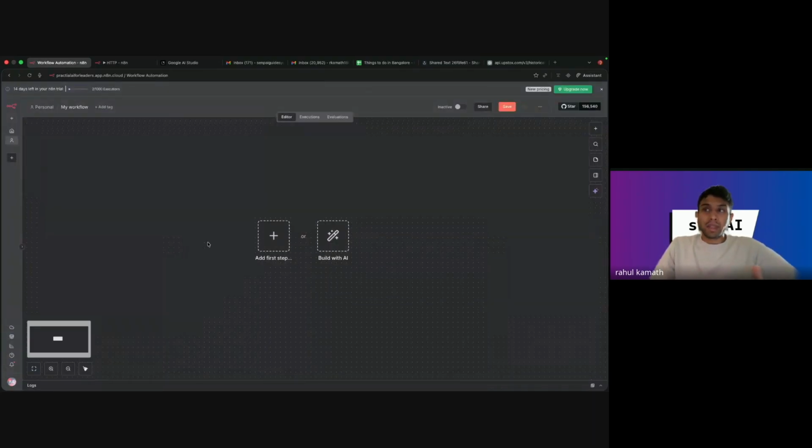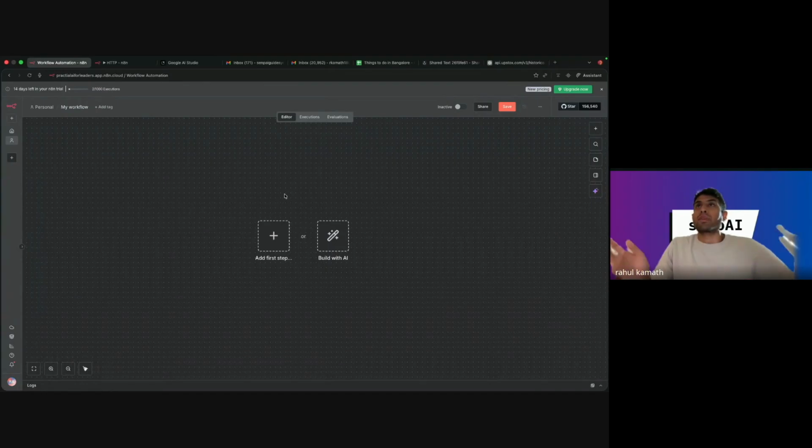Building with AI is also great, but there's no learning in it at the moment. Once you're comfortable with N8N, definitely build with AI and then optimize it. But when you really want to learn how N8N works, building it manually really helps, or else it builds something and you have no idea what it has built. So let's do it manually.